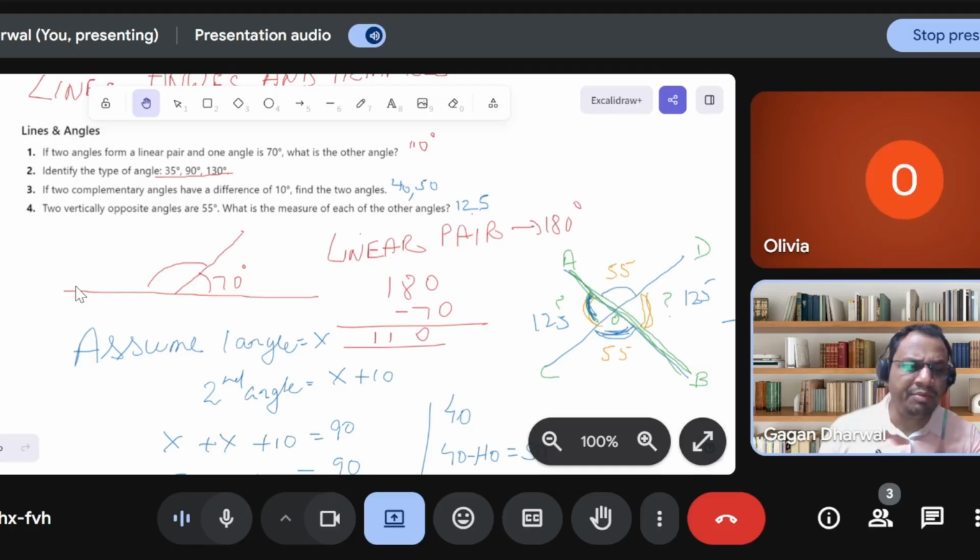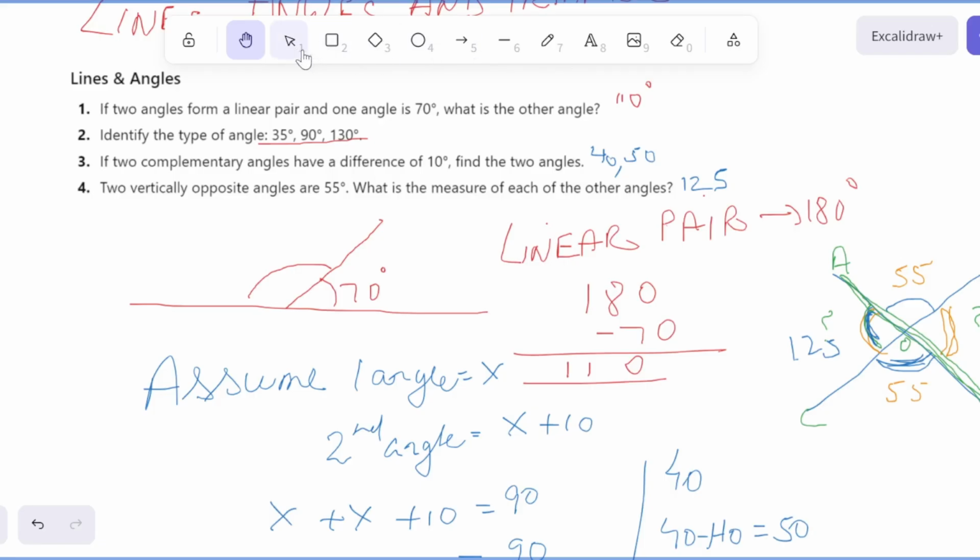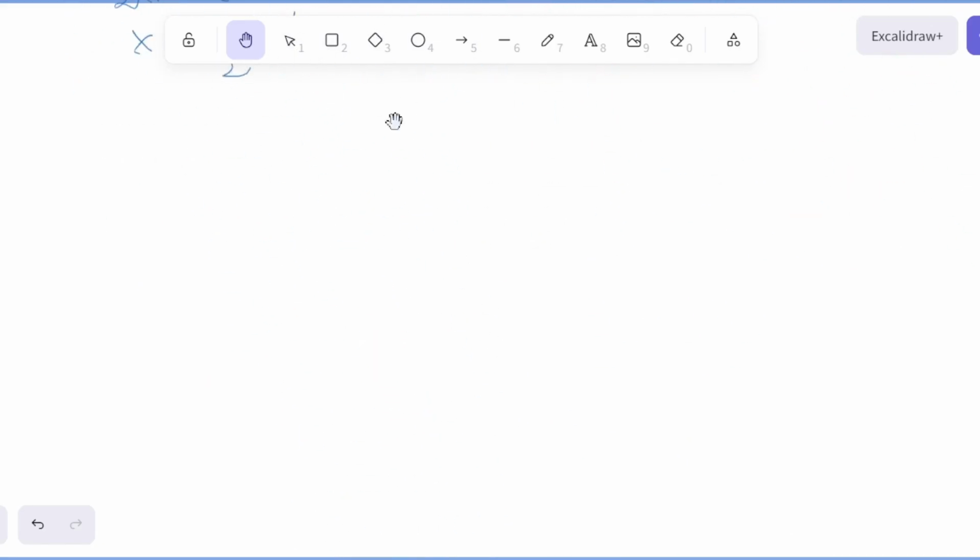These angles are formed when two lines intersect each other, and there will be two sets of vertically opposite angles which will be equal to each other. Yeah. So let's take some more examples. Okay,